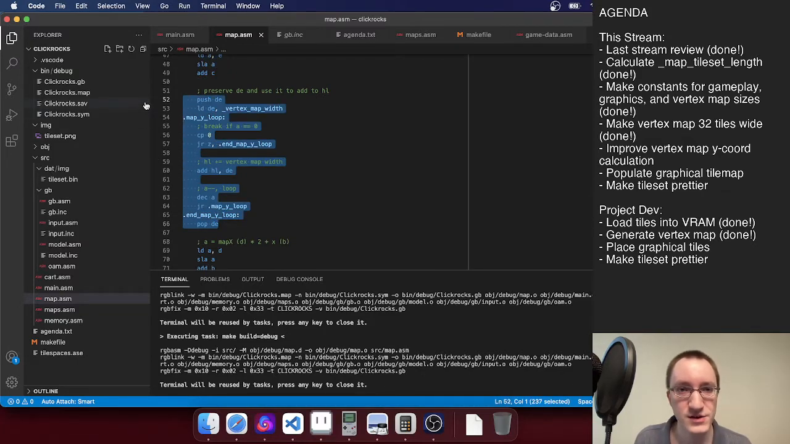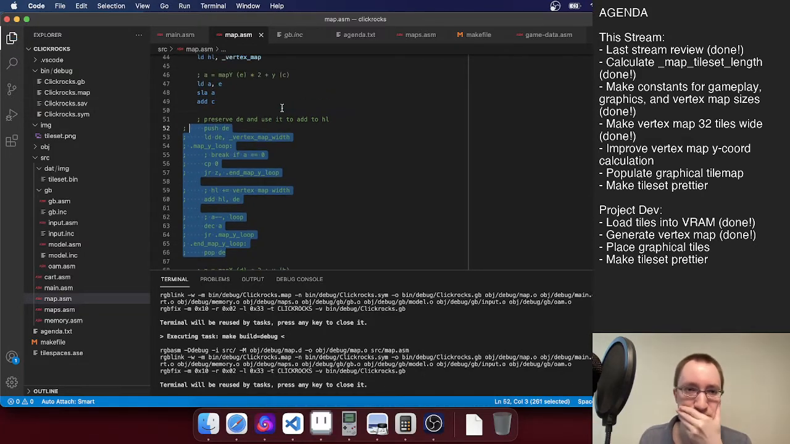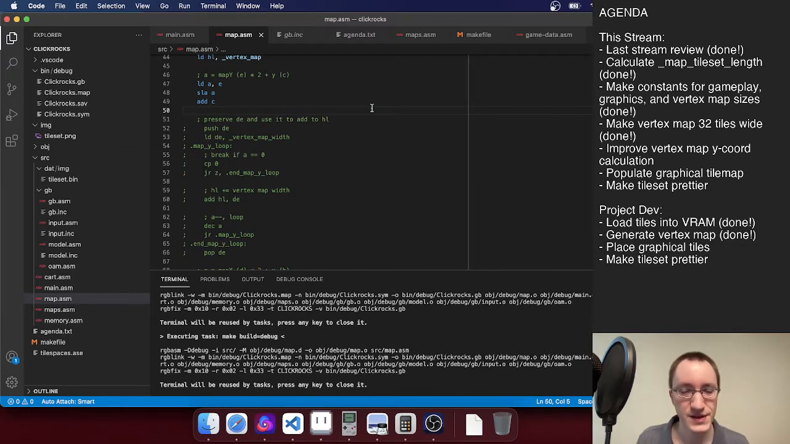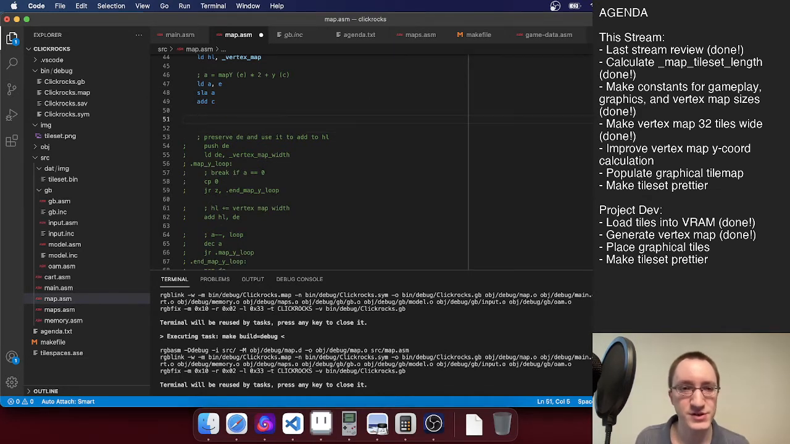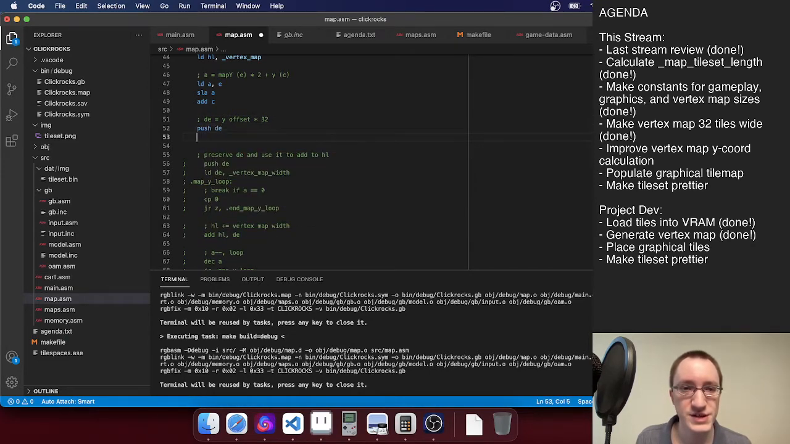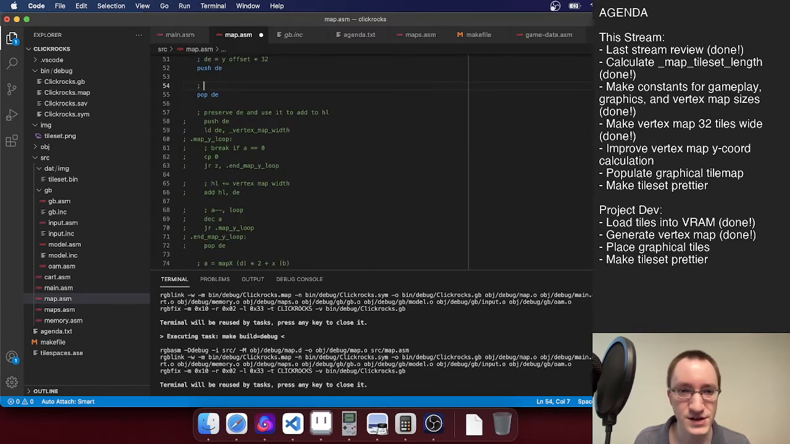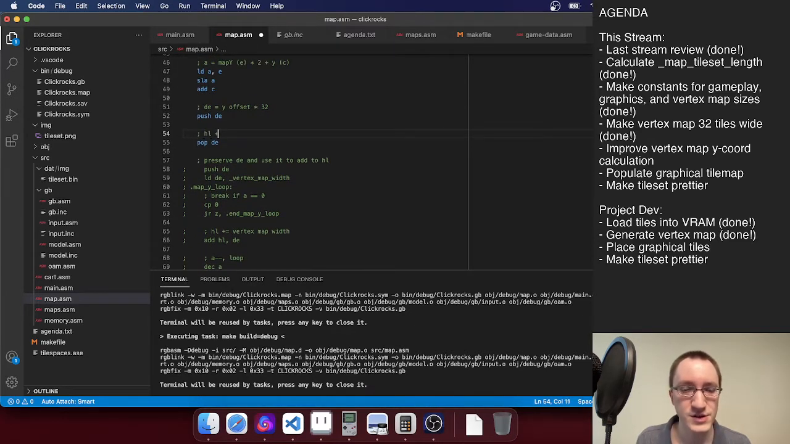Let's comment this out, and let's say use it to add to HL. So I'm still going to do that part. Let's do DE equals Y offset times 32. Push DE and pop DE. All right, and then what I'm also going to do is HL plus equals,